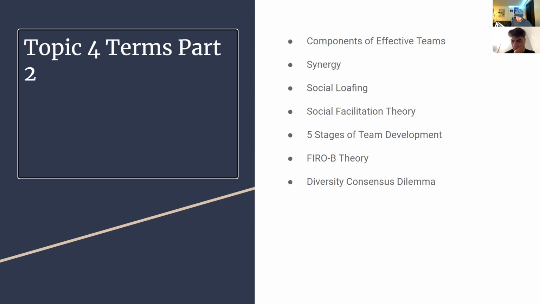The diversity dilemma is a situation where the diversity in a group of people can cause problems, even though the group should usually be better off because there's more diversity. This basically happens when you add diversity to a group: usually a group is more successful, but sometimes that diversity can also be a downfall. So that's the dilemma of it.